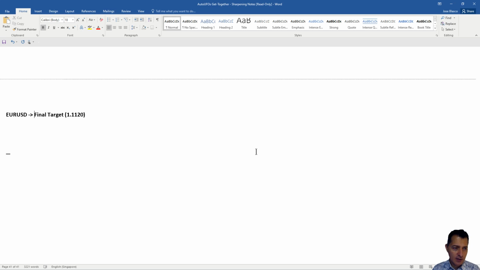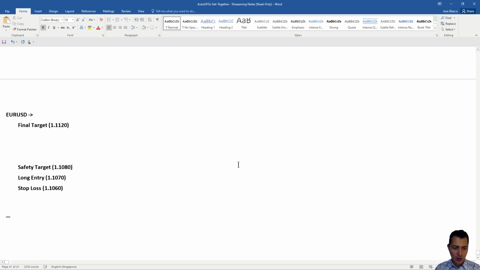You have a safety target located at 1.1080. Your long entry was located at 1.1070, and your stop loss was located at 1.1060. Okay, so with TradeStation it's very easy to enter those trades because you have the matrix,